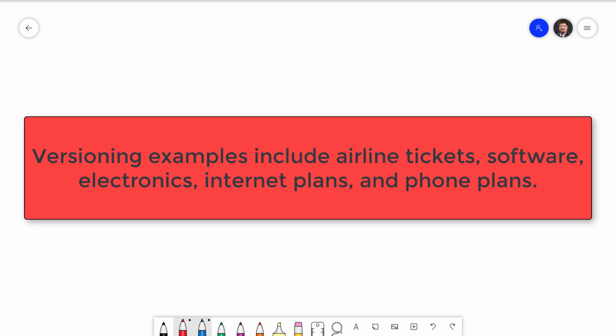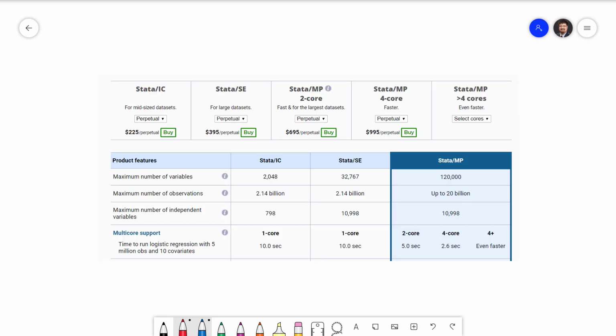much. There are many examples of this we see in real life, including airline tickets, where we have first class and economy class, software, where we have a professional version and a student version, electronics such as computers and smartphones that have more storage or faster processors, as well as printers that print faster or print slower. Telecommunications is versioned to have faster and slower internet speeds, and cell phone plans have more or less data. One example that empirical economists like me encounter is versioning in data analysis software. Stata, which is the software I use to create all the graphs for the course notes, has several different versions depending on how many features that you are looking for.